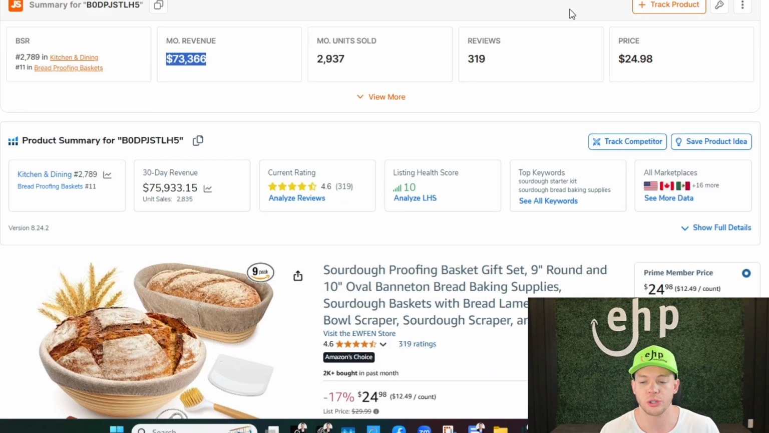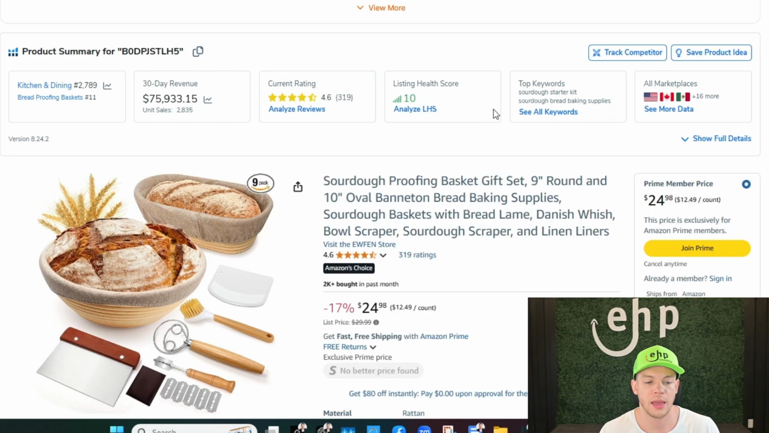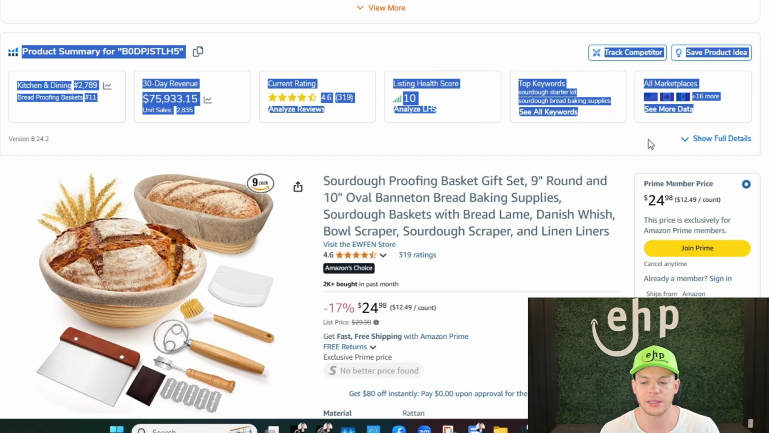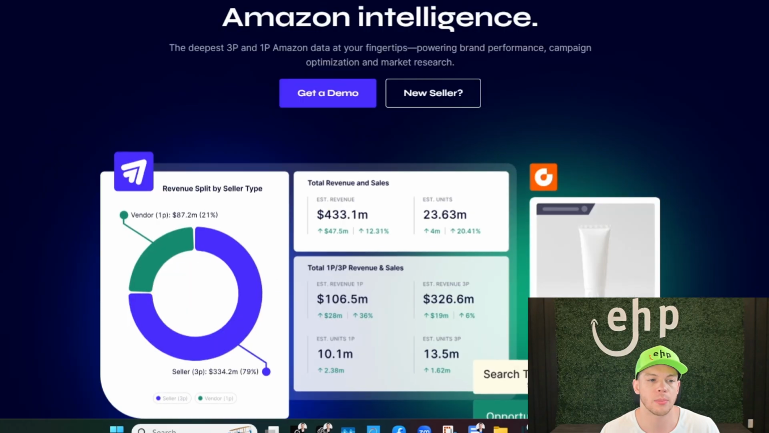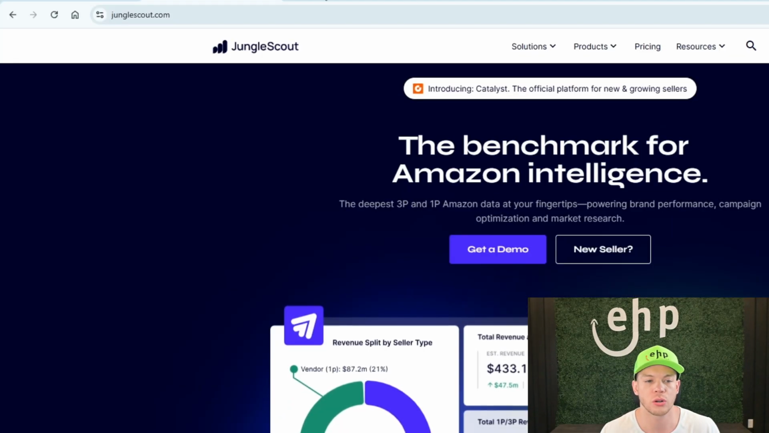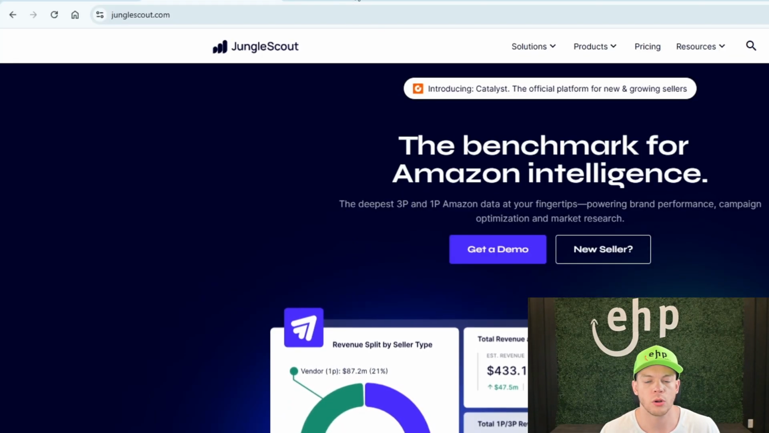Now at the top is Jungle Scout's tool. And then at the bottom here is Helium 10's tool. Helium 10 automatically says the listing quality scores a 10 out of 10. And then Jungle Scout doesn't say it. But what we're going to do is log into Jungle Scout. And then once we're logged in,